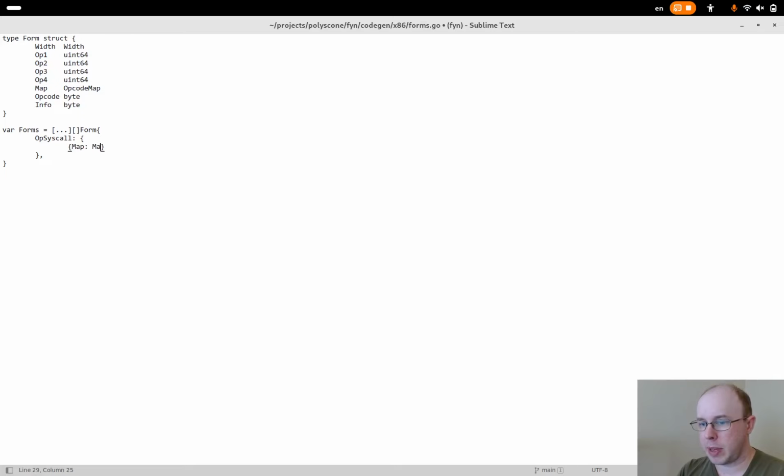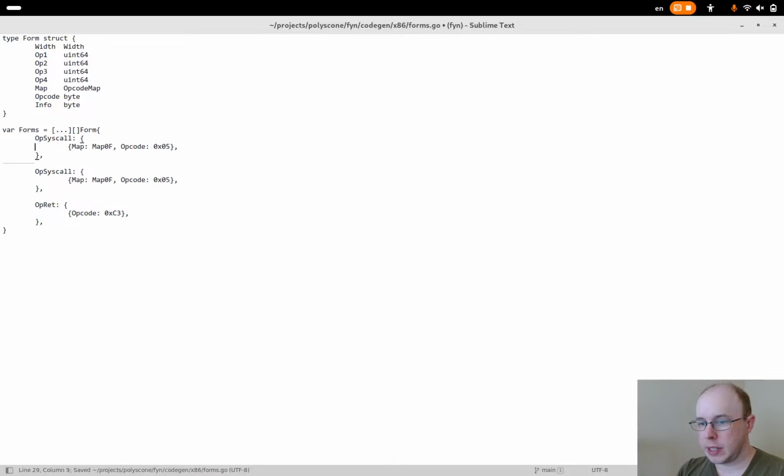So in this case, we'd set map to map 0f, and then opcode would be, I think, 5. Similarly for op ret, we'd have the same sort of thing, but this was C3. This is just the primary opcode map, so we can just leave this blank.